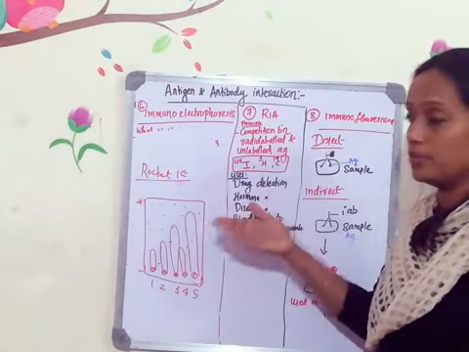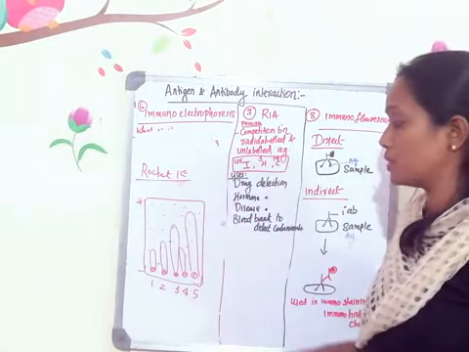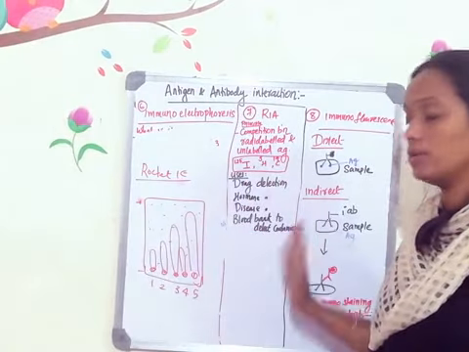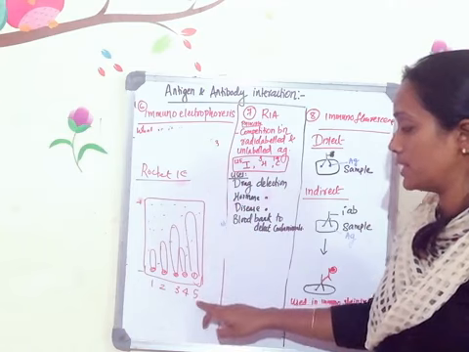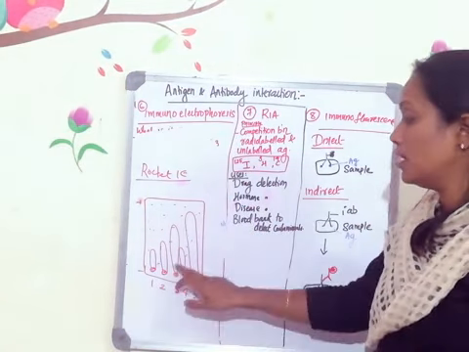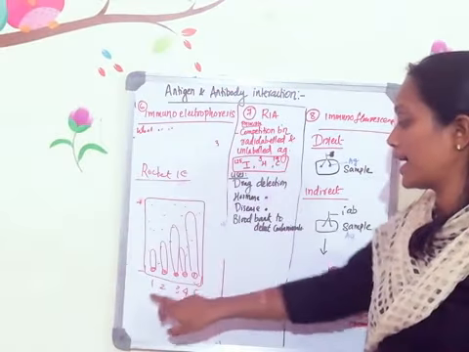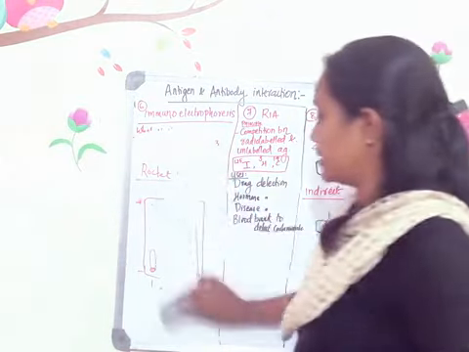After the electrophoresis, when you observe the plate, you can see a white precipitin arc formation. Depending on the length of the precipitin arc, you can determine the concentration of the antigen. So where exactly is the highest concentration of antigen? In the 5th sample. That is followed by the 3rd one, then the 2nd, then the 4th and the 1st one. Right? That is known as the rocket immunoelectrophoresis.